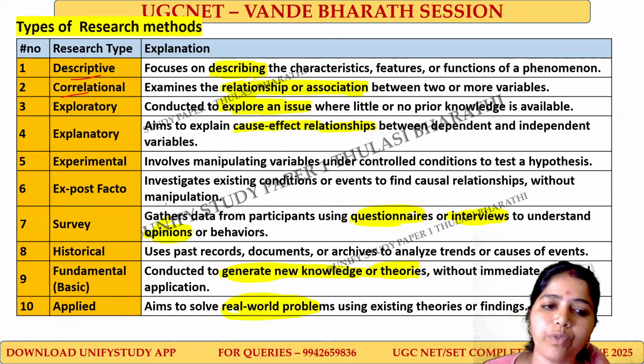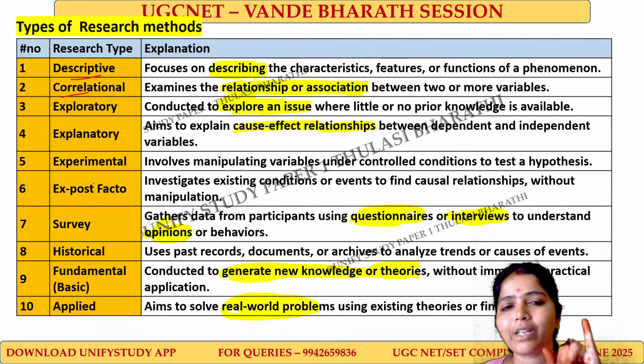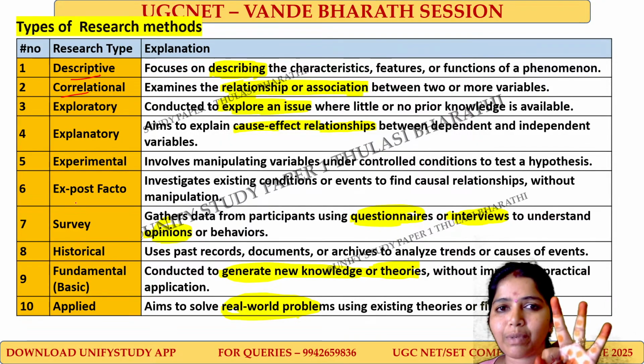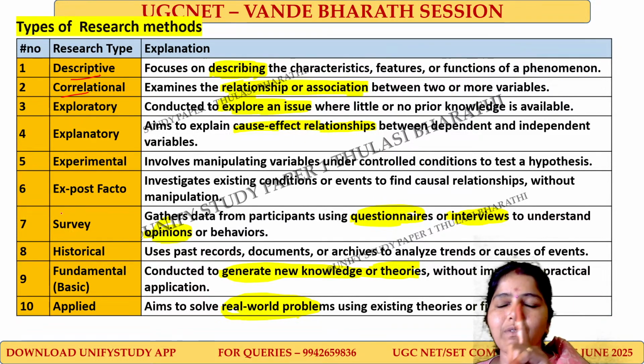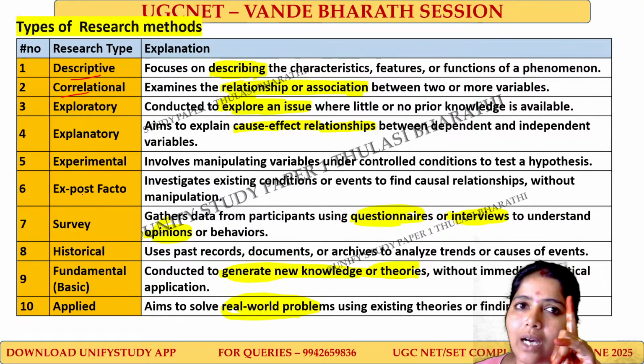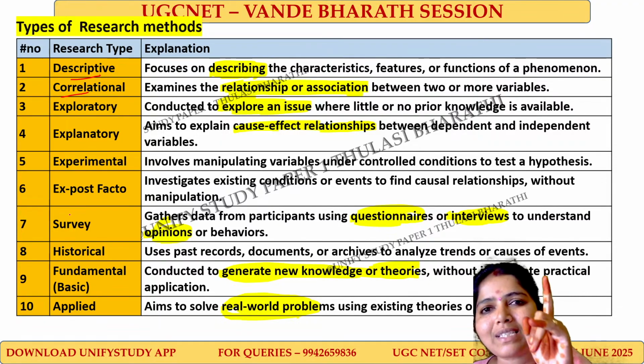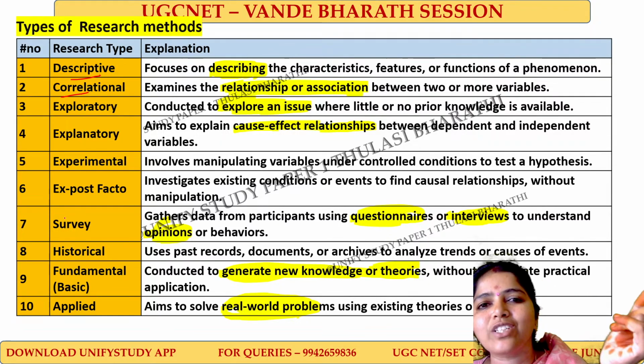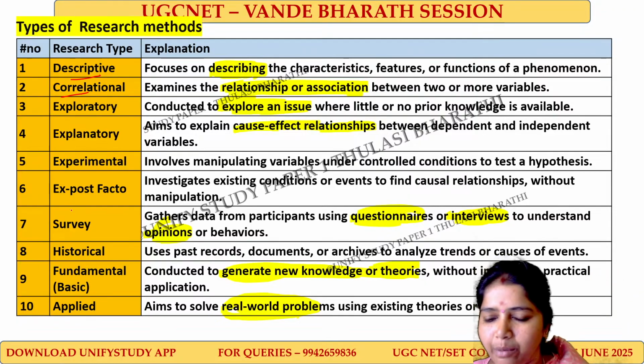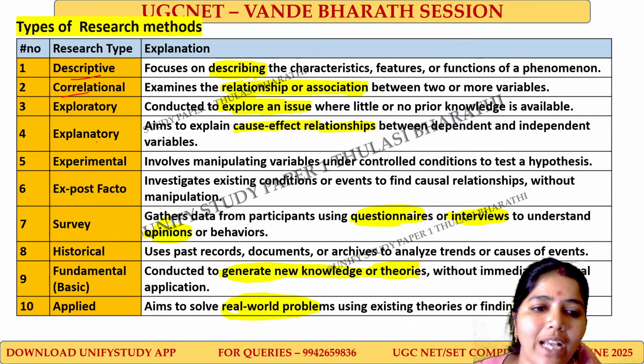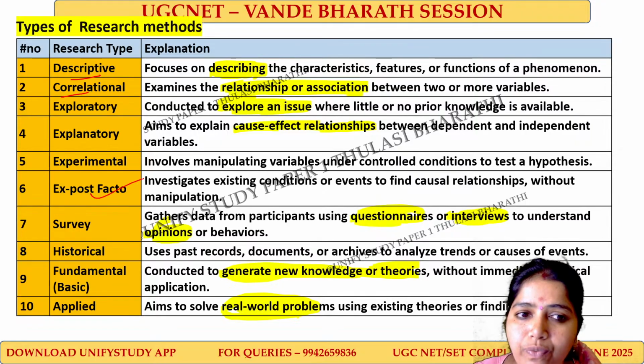So next one we move to experimental research: manipulation, control condition, randomization, and the fourth one is cause and effect. Independent variable, dependent variable. I will be studying the effect. I will be studying the dependent variable whenever I change something in the independent variable. And next one we have ex post facto.